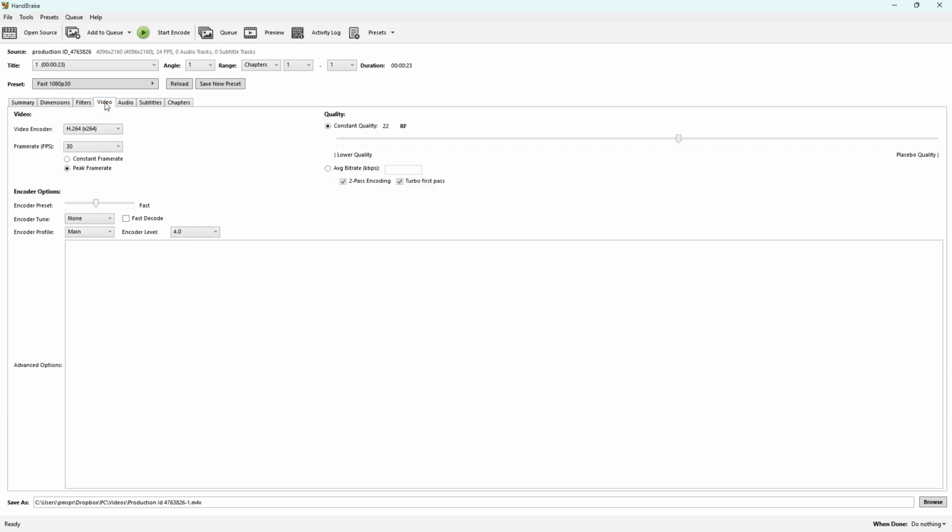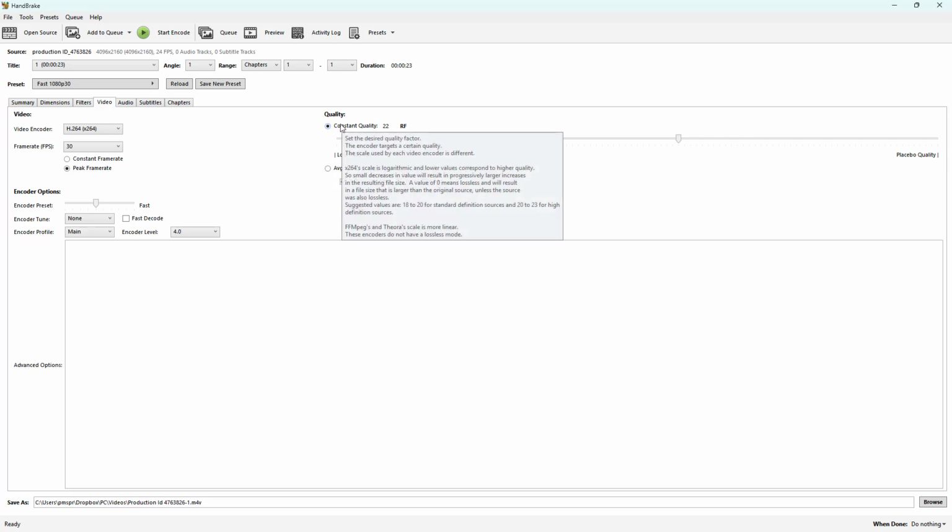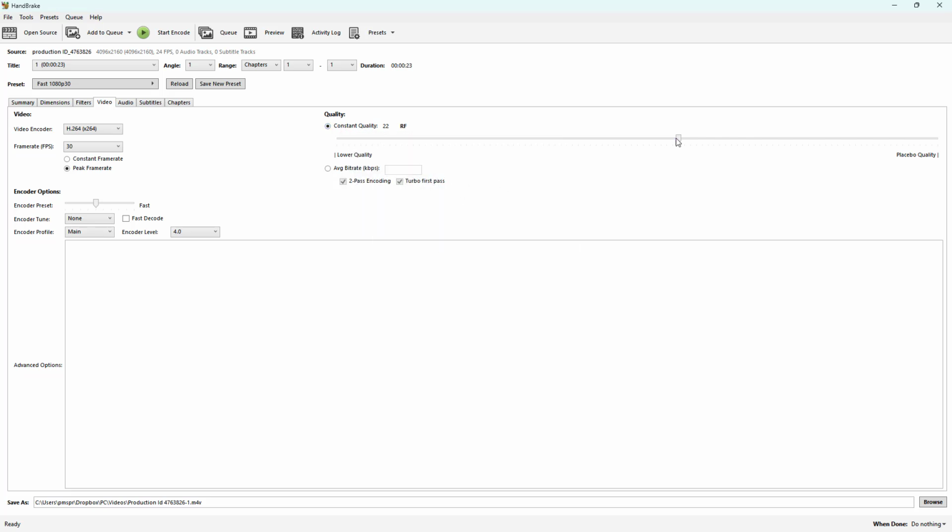So if I go onto the Video tab right here, you can see that there are two ways to control the bitrate, and that is by using the Constant Quality option. You can choose higher quality or lower quality right here, but there is no direct control of the bitrate. Depending on the quality that is required, the bitrate is automatically determined by Handbrake as per the slider range